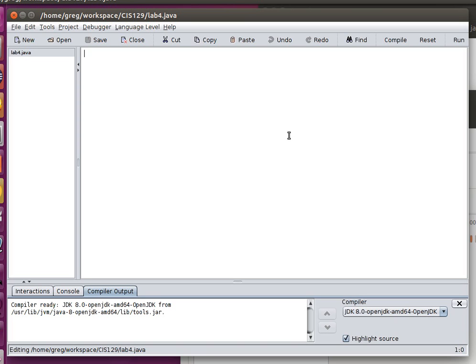I was requested to make a video for Lab 4, so I thought I'd make one real quick to show you kind of how to get started. For Lab 4, what you're going to be doing is printing out to the screen slips for rent. For this particular assignment, what you need to do